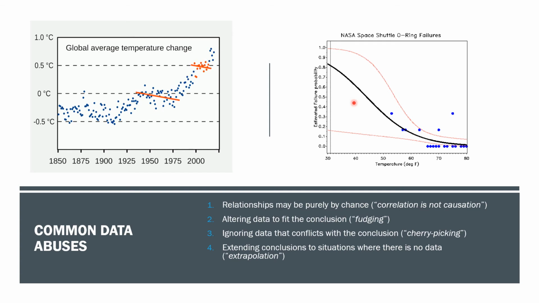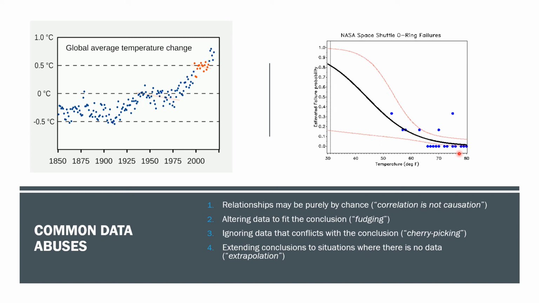The colder the O-rings got, the stiffer they got, and the less effective the seal became. Now that allowed some of the hot gas to escape from inside the booster through the joint, and that had absolutely catastrophic results. The rocket booster fell apart during launch. Now, on the morning of the Challenger launch, only the data on the right side was available. Only this data right here and these 2 points were available. We didn't have this data here at that time. The O-rings hadn't been tested at the temperature of the morning of the Challenger launch, which was 36 degrees.